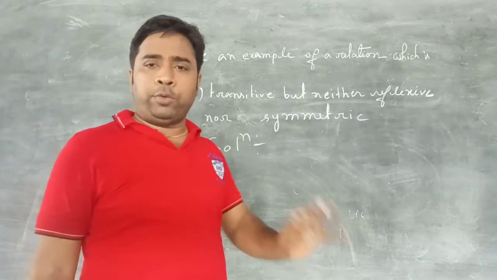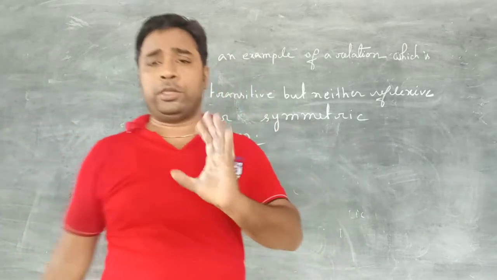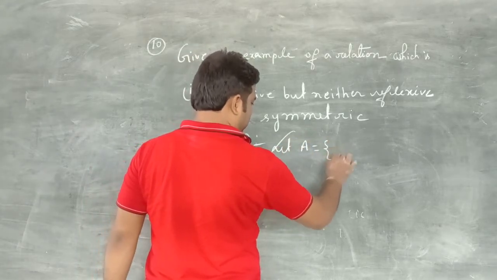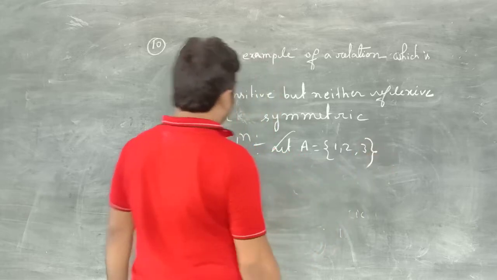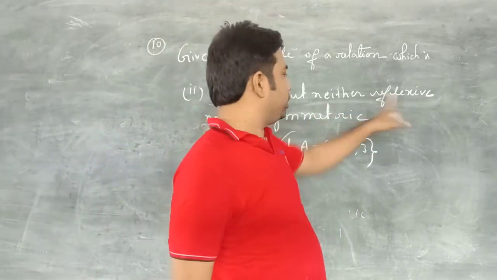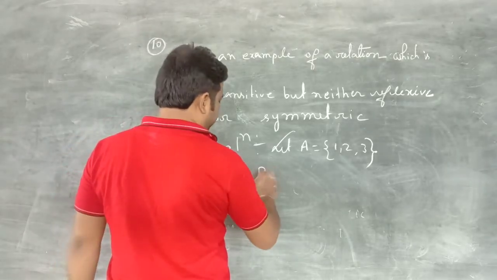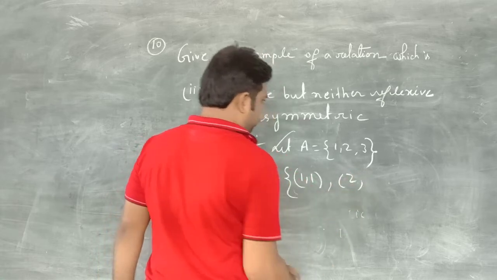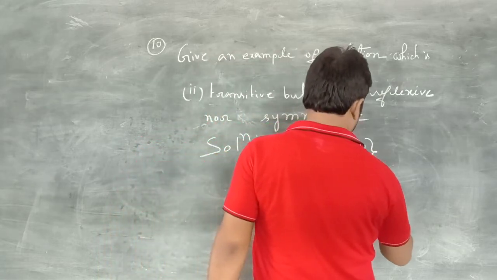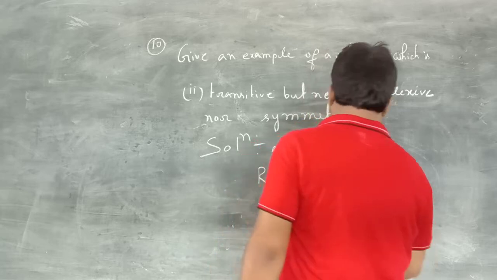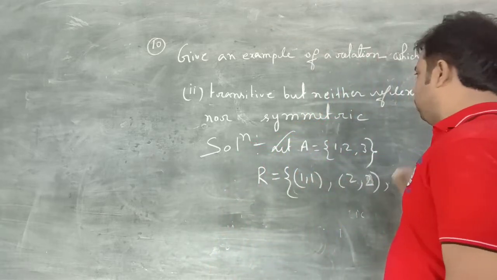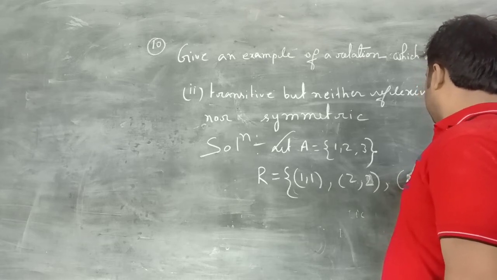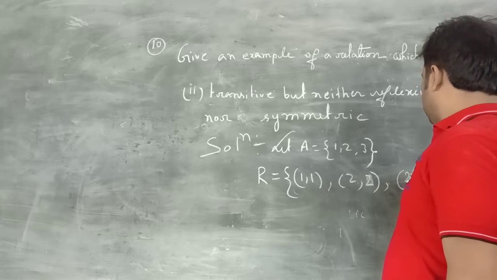Okay, I told you that whenever you create an example, first of all there should be a set. So let A = {1, 2, 3}. It should be transitive but neither reflexive nor symmetric. So let R = {(1,1), (2,2), (2,3),